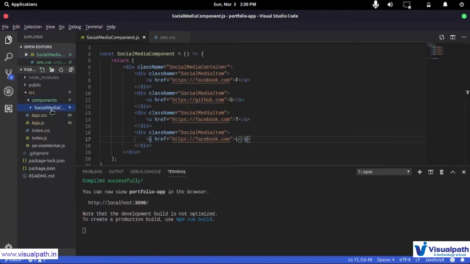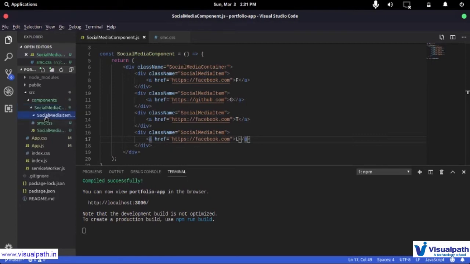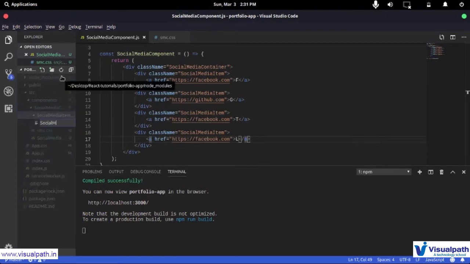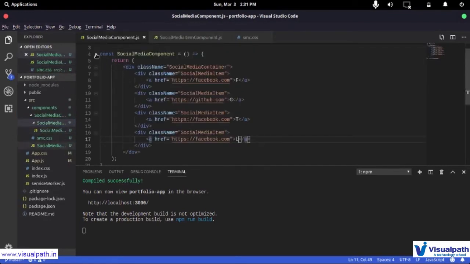So my personal preference is to create another folder in here and call it social media item component, and inside that create a file called social media item component dot js.